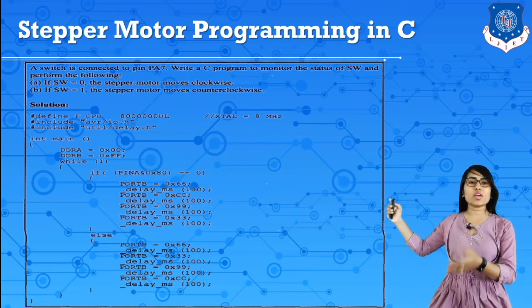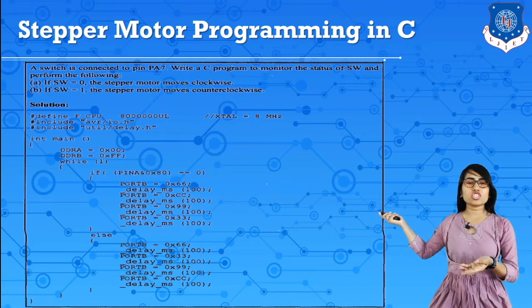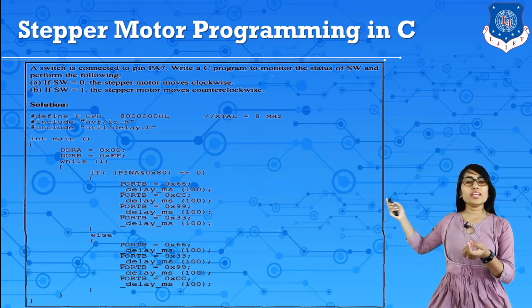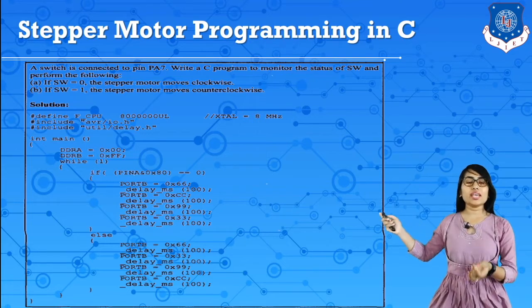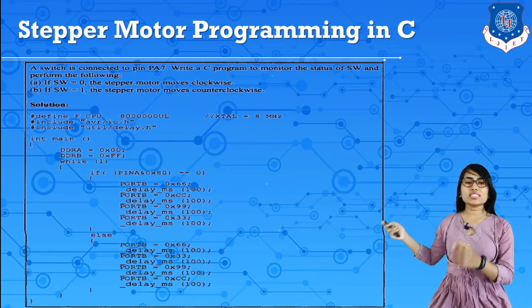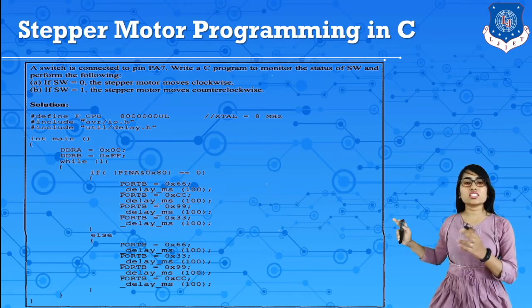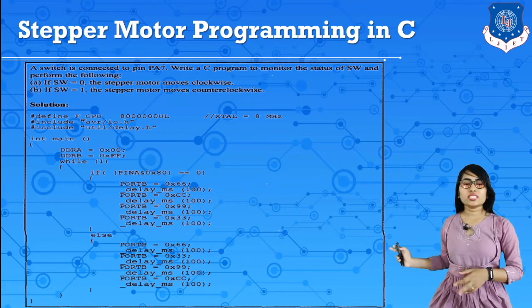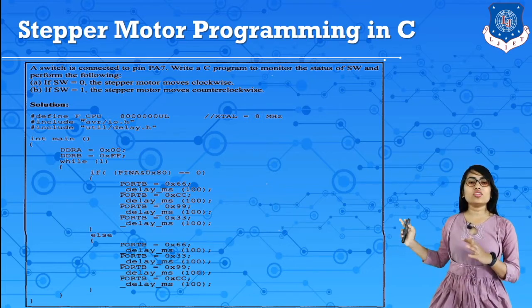Here is stepper motor programming in C. The same things can be initialized using C programming. So define this value, then include the AVR library, and here also use inbuilt functions. So we include the delay library functions. Now make A an input and B an output, then wait over here. Then if PINA & 0x01 is equal to 0, then PORTB is equal to 66, CC, 99 and 33. These are the four values for a clockwise direction, and 66, 33, 99 and CC are for the left direction.